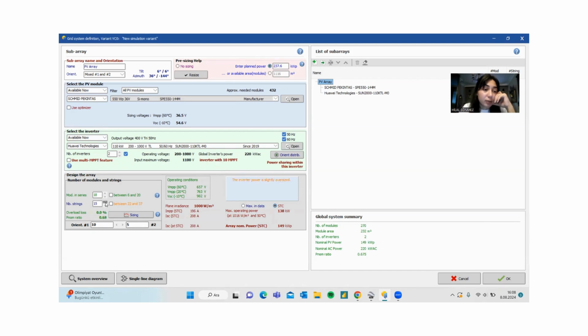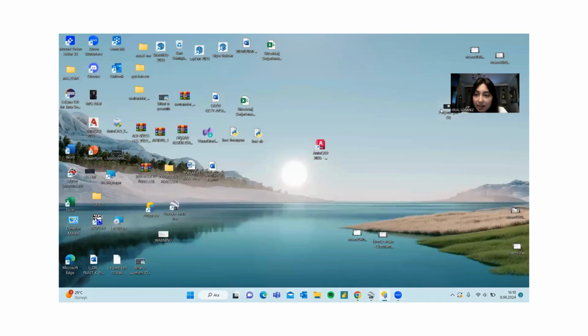Okay, let's go back to our original system. 24 strings, and in each string we have 18 panels. And as you can see, in orientation 1 it wrote 10, and for orientation 2 it wrote 14. But what that means for us is the number of strings that should be located at one side of the ridge of the roof and the other side of the ridge of the roof. In order to verify that, let's click our